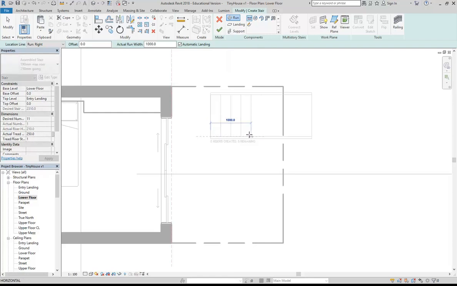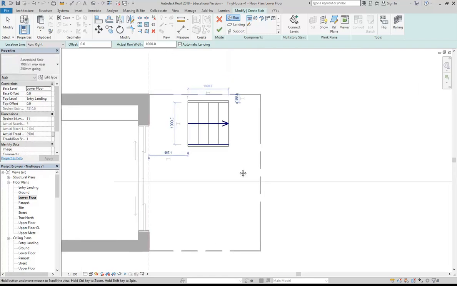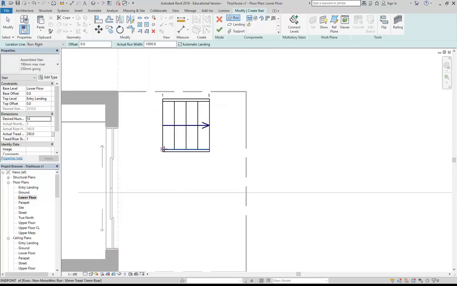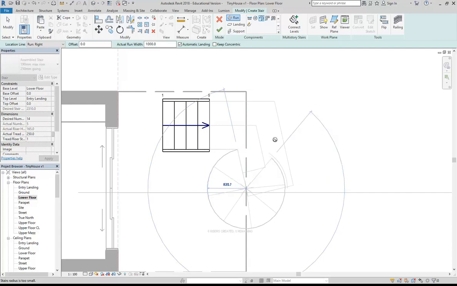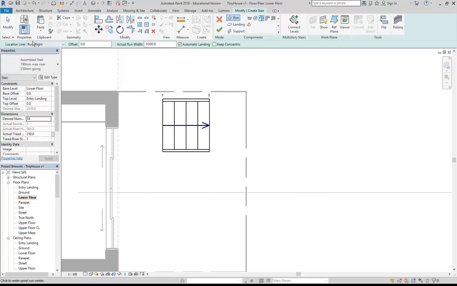If I do, say, a straight stair, and I'll just increase my risers so that it's not too high. So again, I've drawn a straight stair. Now I'm going to change it to do a curved stair using this second spiral option. So I've got to give a centre point, and then I can say where I want the stair to start, and then, oops, that's not working. Change it to run left maybe. That's better. So I can get a curve